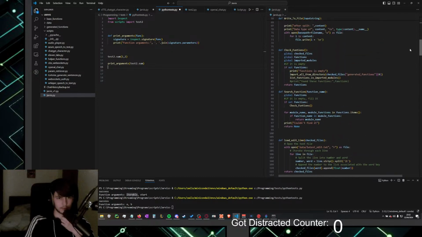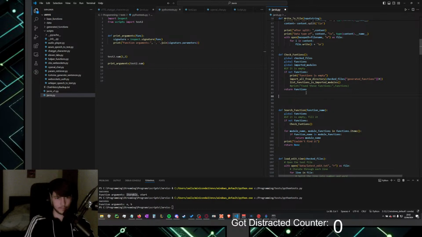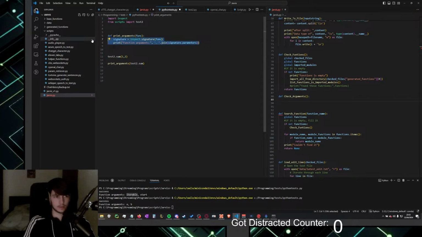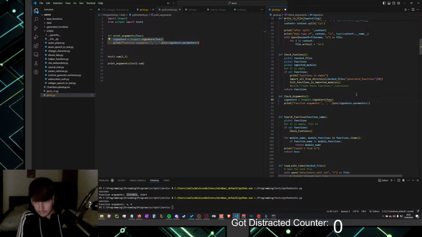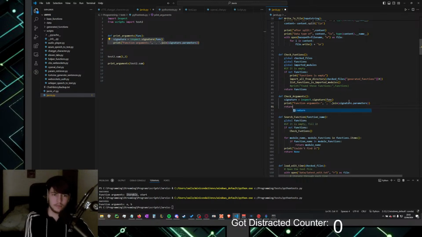Function, search function. Def check arguments. So it does that basically, and it should also return the arguments.